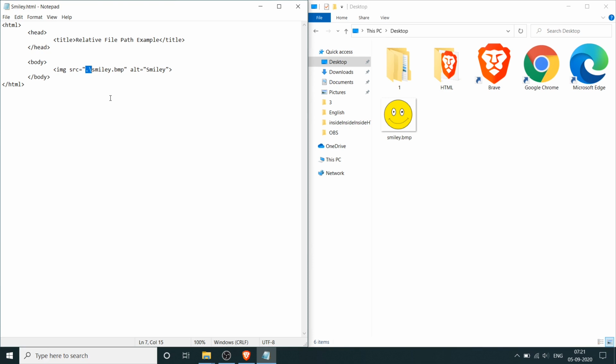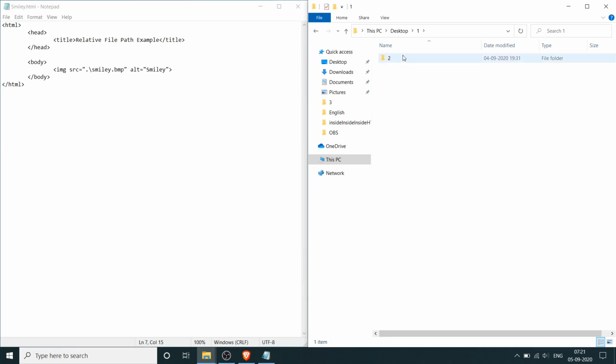Okay, so I hope you had some time to think about this. There is another operator that you use to go to the parent directory. Remember this is inside the folder number 5. Let's actually go there. So this is where we are right now and this HTML file is here. If I want to go to the parent directory of 5, which is 4, I'll simply use the 2 dot operator. If you place 2 dots, you go up 1 level. It's the same as pressing this button, which takes you to the parent directory. And so with the 2 dots, we are up here.